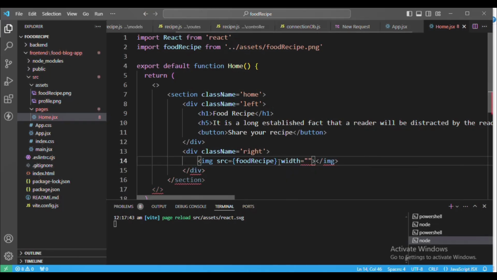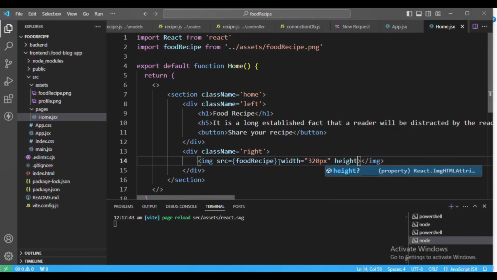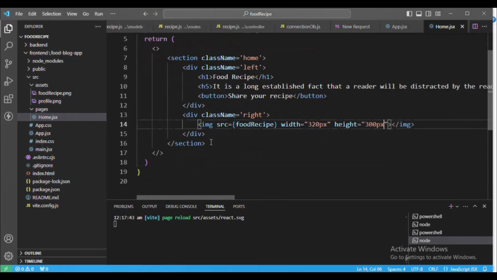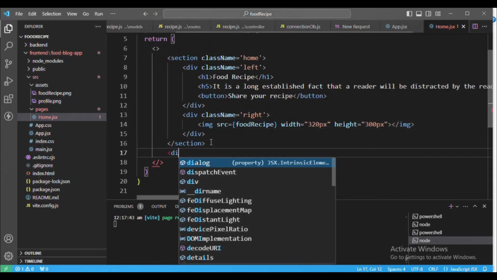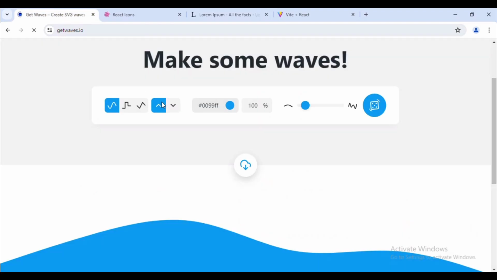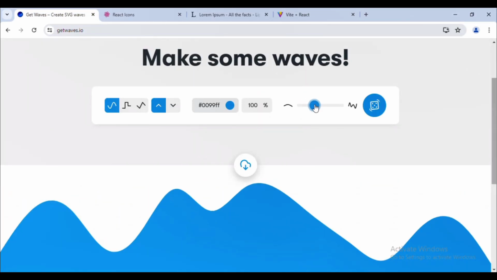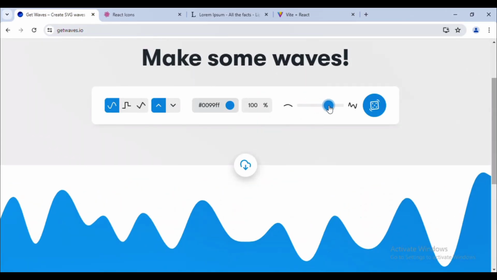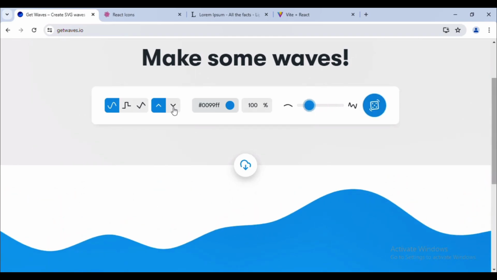Then we add some width and height. Let's say width 320 pixels and height will be 300 pixels. Then next I will add one SVG image, let's say class name bg. We go to this gateway website. Here you can copy any wave and use it in your website,